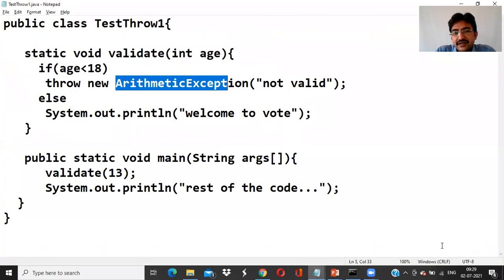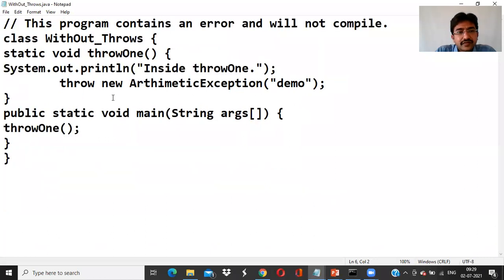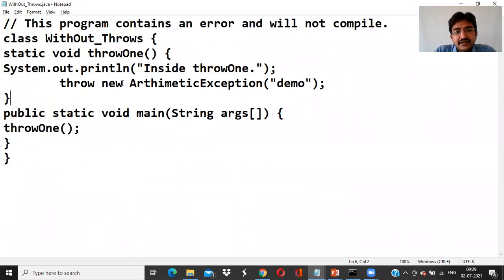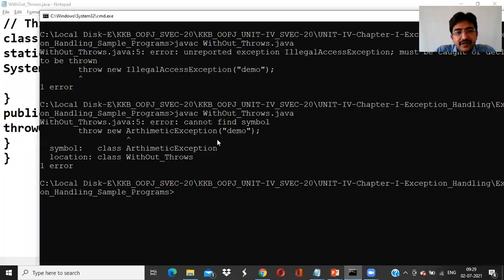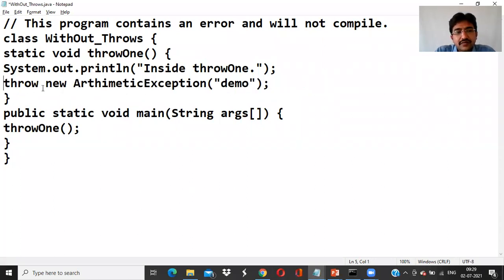Can't find the symbol. Okay, so new ArithmeticException, and the class error, can't find the symbol. Arithmetic exception. Throw new ArithmeticException.